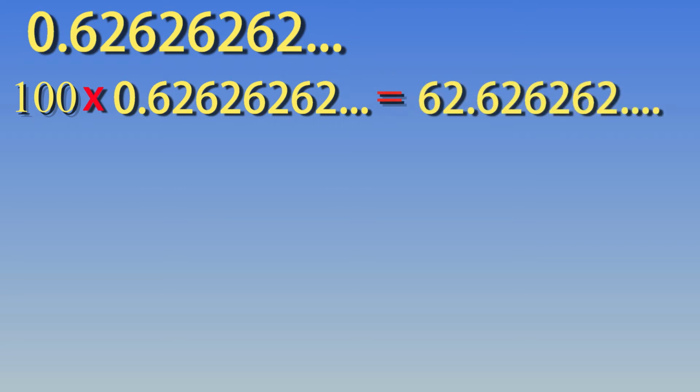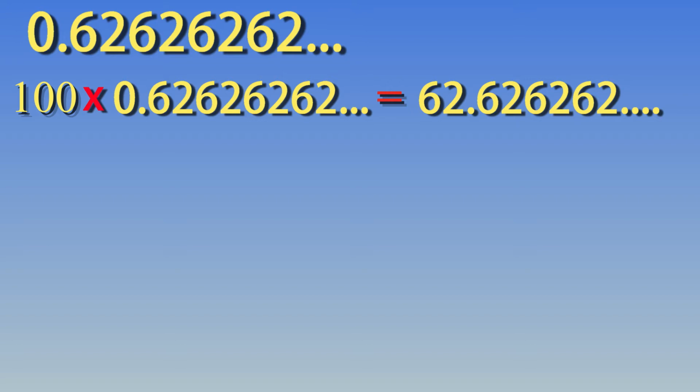62.62 recurring. Remember that the numbers repeat forever after the decimal point, so even if you change the position of the decimal point, although the number's value changes, the numbers after the decimal go on forever anyway, so you still have recurring decimals. So now we have an equation with two numbers that have the same recurring pattern after the decimal point. If we subtract one of these numbers from the other, we can eliminate the recurring decimals altogether. And this will help make it easier to work on the problem.